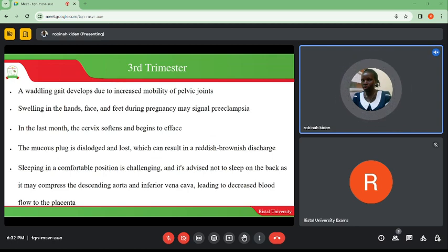So sleeping in a comfortable position is challenging, and it's advised not to sleep on the back as it may lead to compression of the descending aorta, which affects the inferior vena cava and hence leads to decreased flow to the placenta, and this can cause a problem to the fetus. Sometimes also this can make the mother